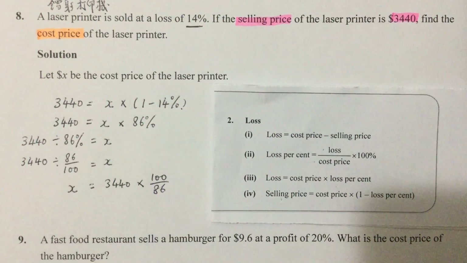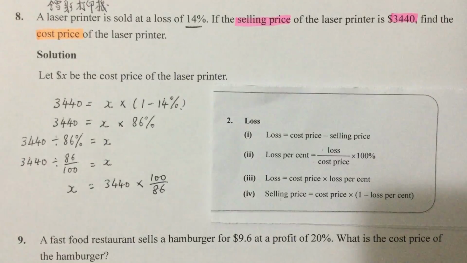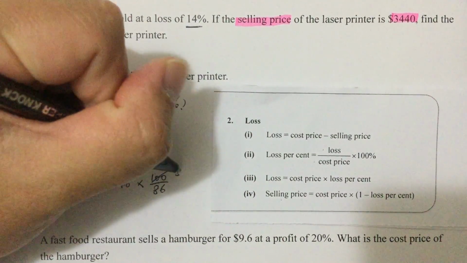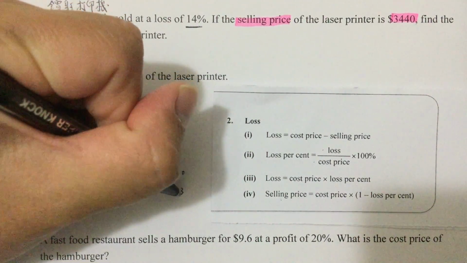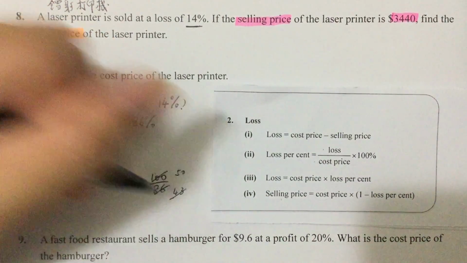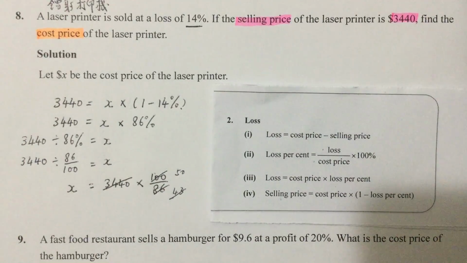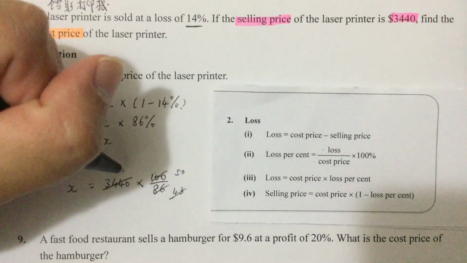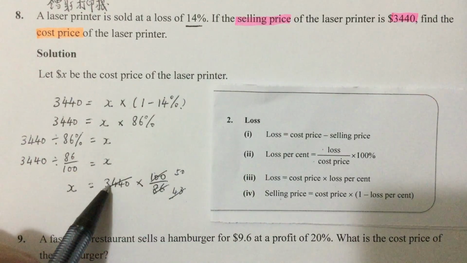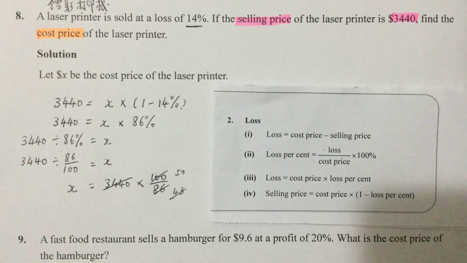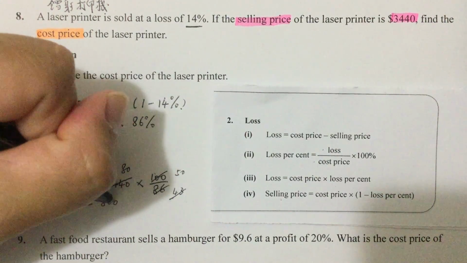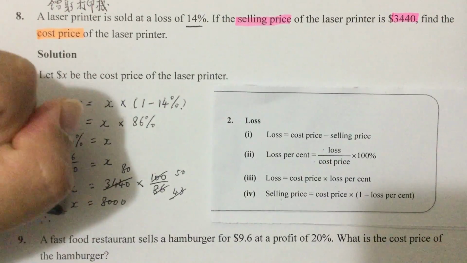Okay, now we do the cancellation now. So we're going to cancel this one and this one first. This is 2, so this is 50. This is 2, this is 43. So that I hope that this one must be correct. So you can cancel 43 here. For 43 here, you will see this is 8, because 3 times 8 is 24, 4 times 8 is 32, and then you have to add 2 here, so 34. So this one is 80. So X equals 8,000. So the cost price,